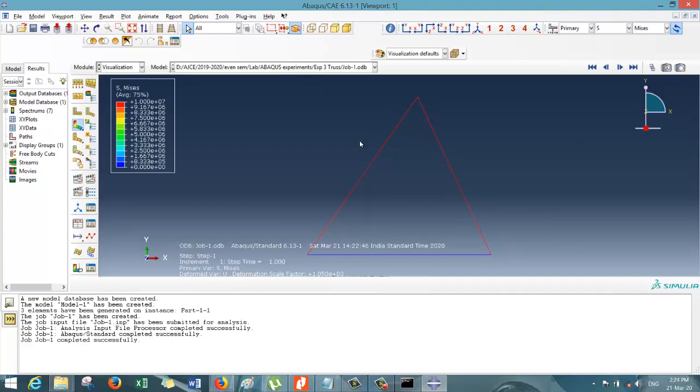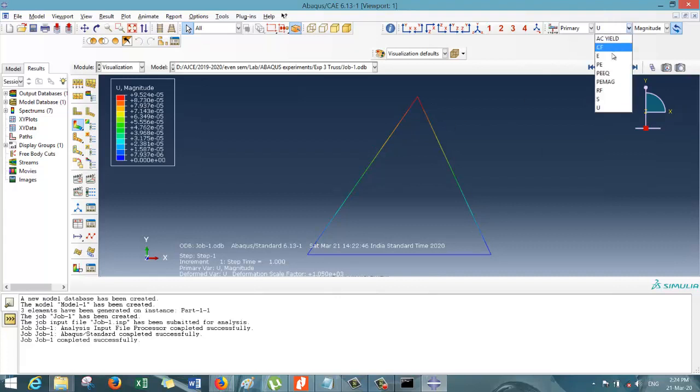So this is the stress distribution of this truss element. The strain, that's the displacement, and the reaction force. So now next we have to generate the report file.